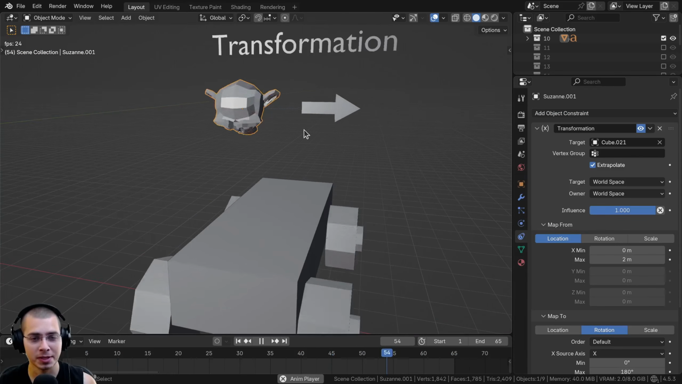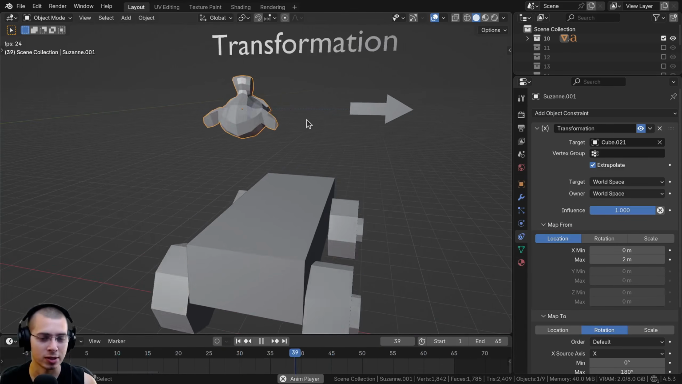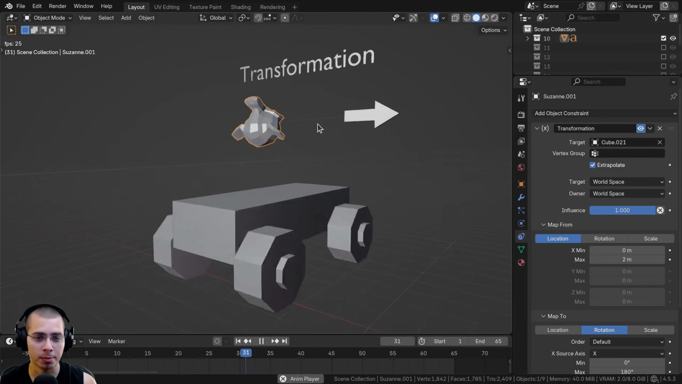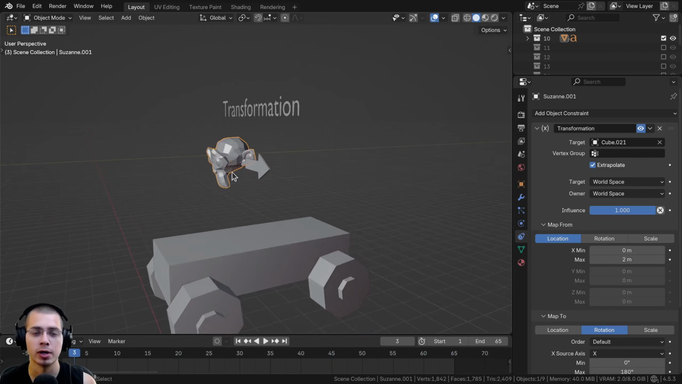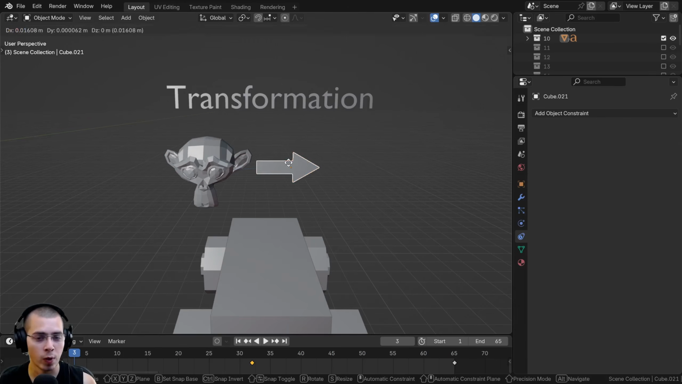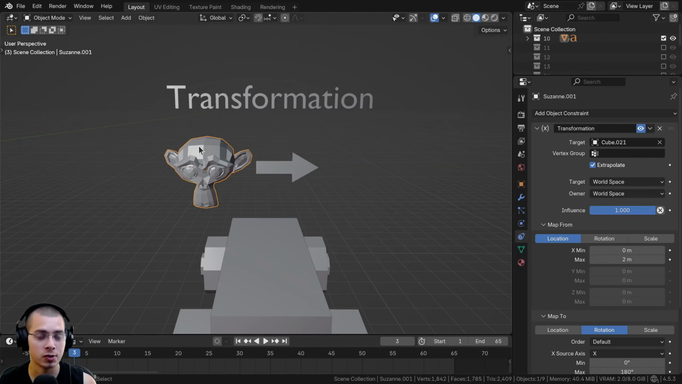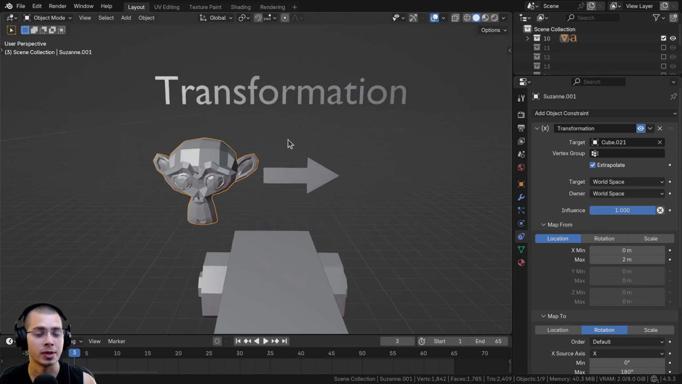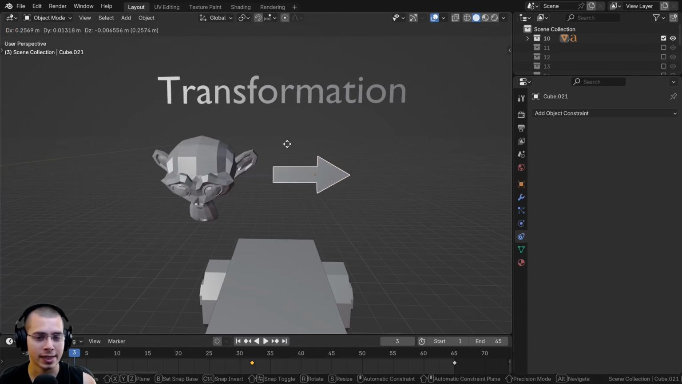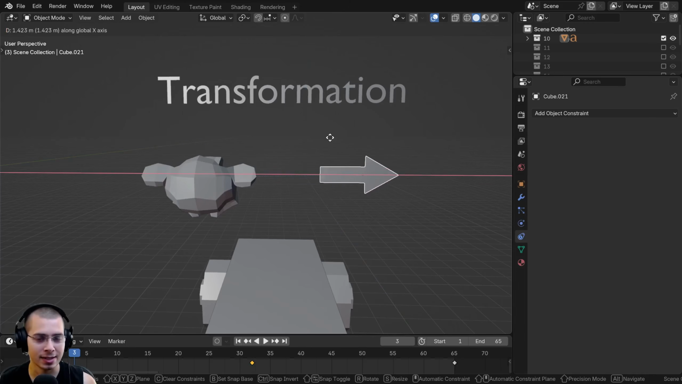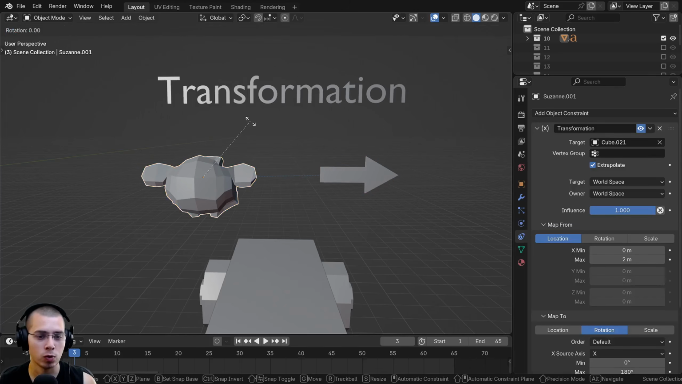Now the next object constraint is the transformation constraint, and this is also one of the most commonly used ones and a very useful one. And so what this will allow you to do is when one object has a transformation, that's going to make another object do a different transformation. So in this example here, when this arrow moves on the x-axis, that's going to make the monkey head rotate